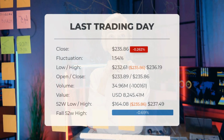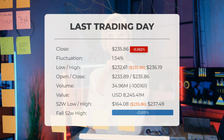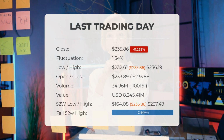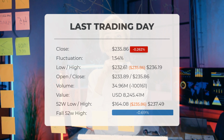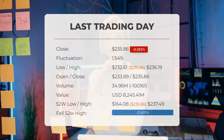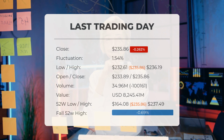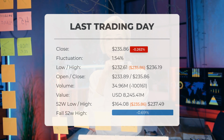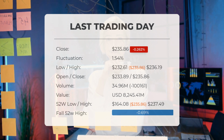Our latest daily update for Apple features the headline, "Weaker Technical Forecast for Apple as Stock Downgraded to Buy Candidate." The price of Apple stock declined by approximately 0.262% on the last trading day, which was Tuesday, the 22nd of October, 2024. It fell from $236.48 to